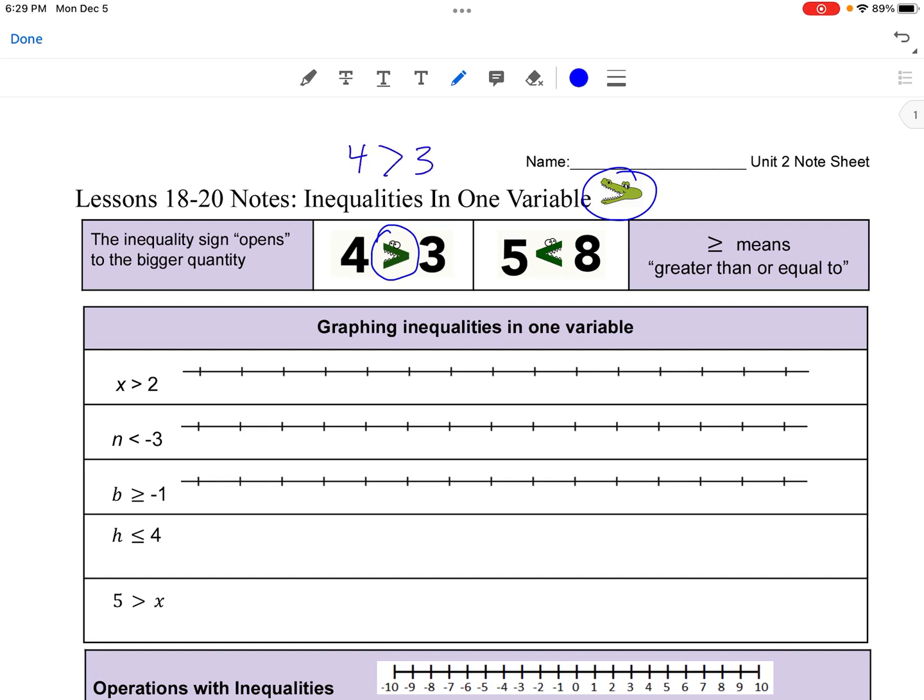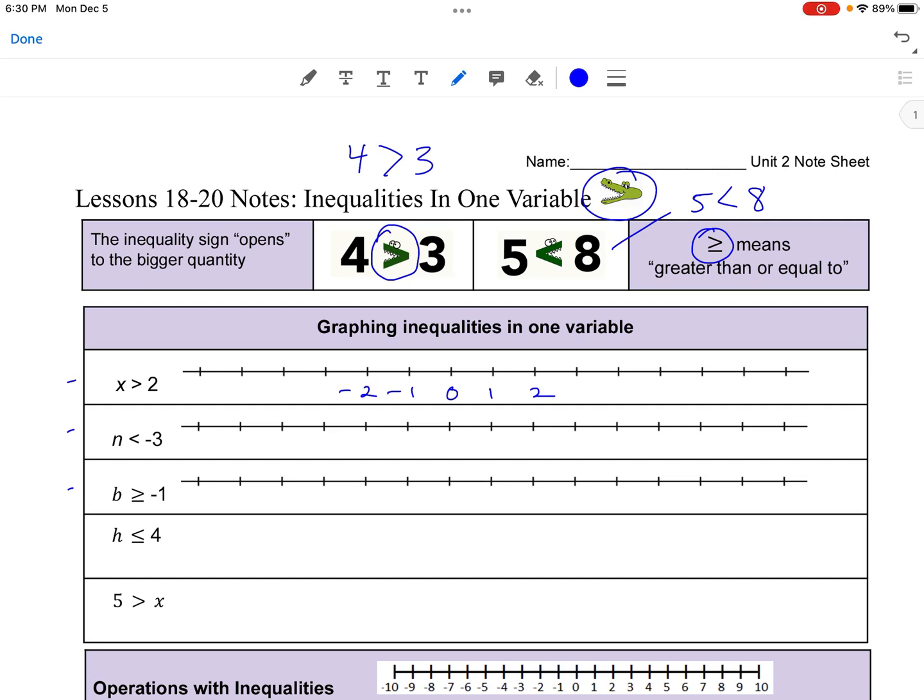4 is greater than 3. And 5 is less than 8. So again, the alligator mouth opens to the bigger quantity. And then this sign means greater than or equal to. So let's graph a few of these on a number line. So we're going to make a simple number line